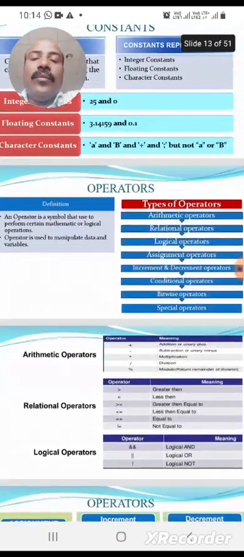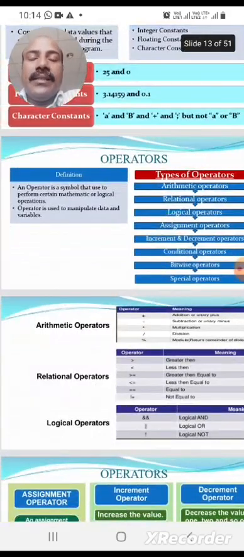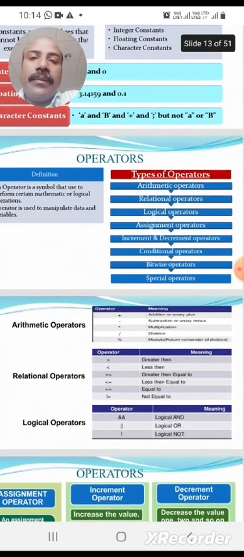Next one is the operators. In C, an operator is a symbol that is used to perform some mathematical and logical operations. Operators are used to manipulate data and variables. C supports the following types of operators, that is arithmetic operator, relational operator,